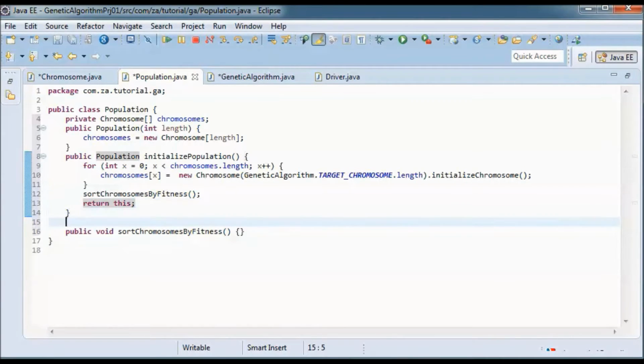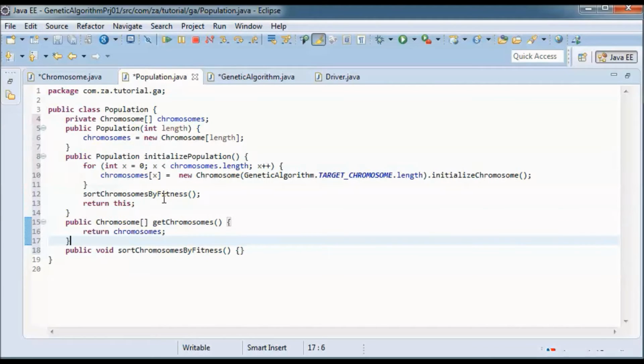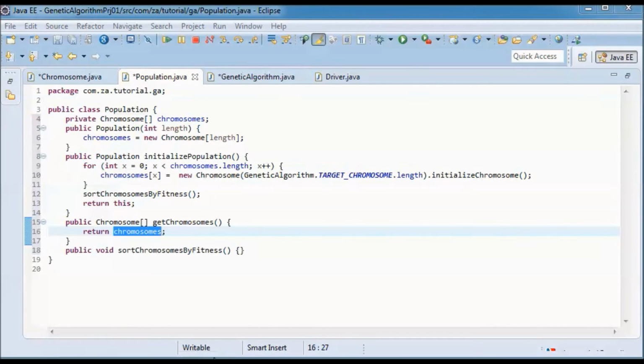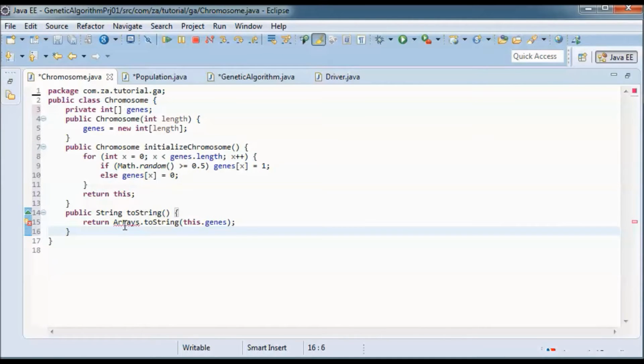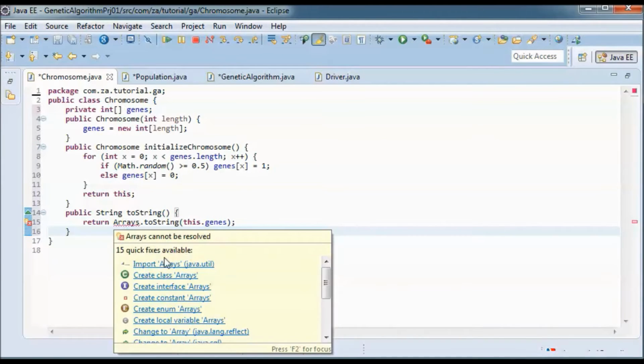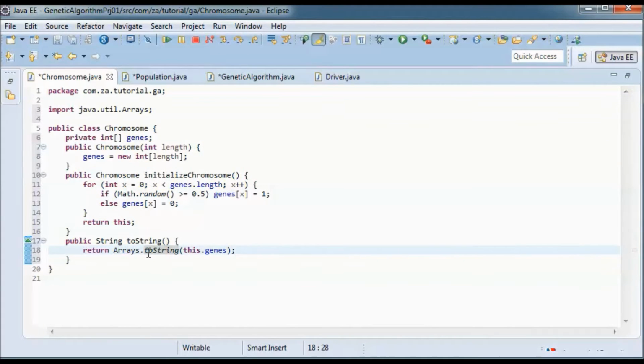And let me have a get method for this chromosomes that will just return it. And going to the chromosome class, have this toString method that will print out the content of this array of genes.